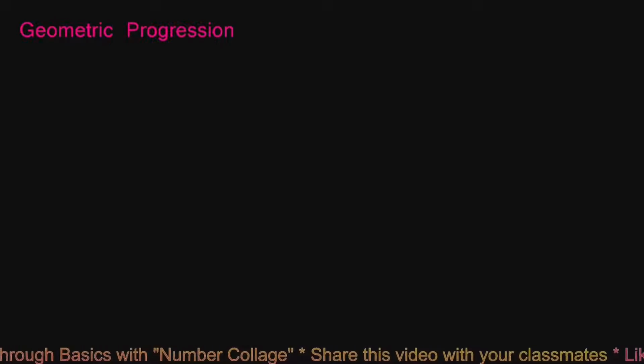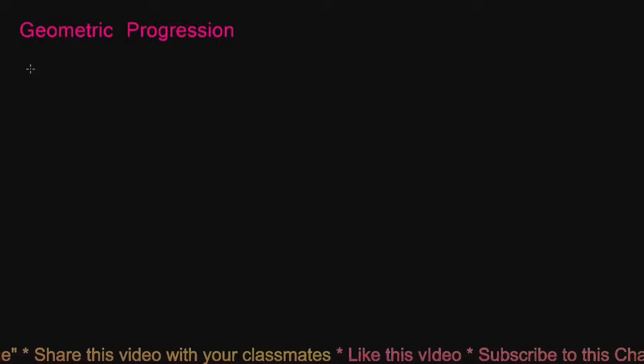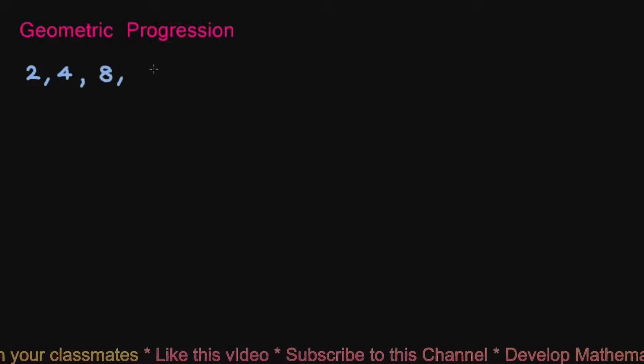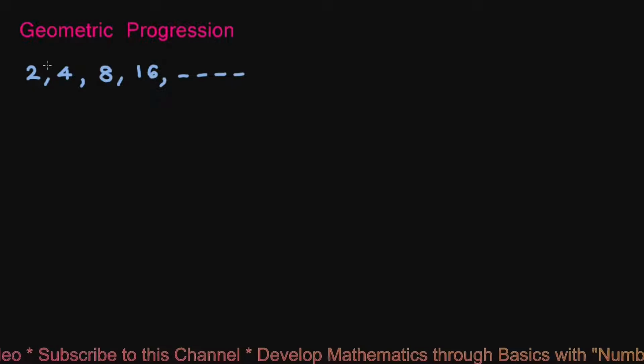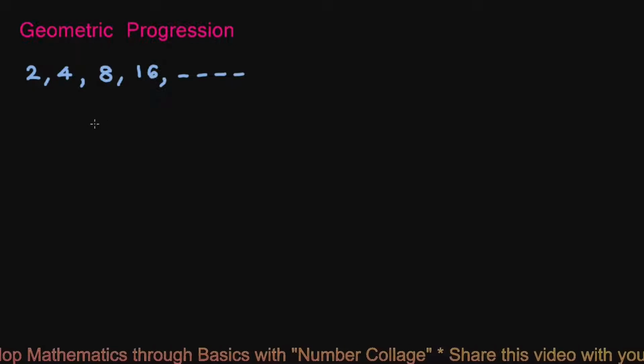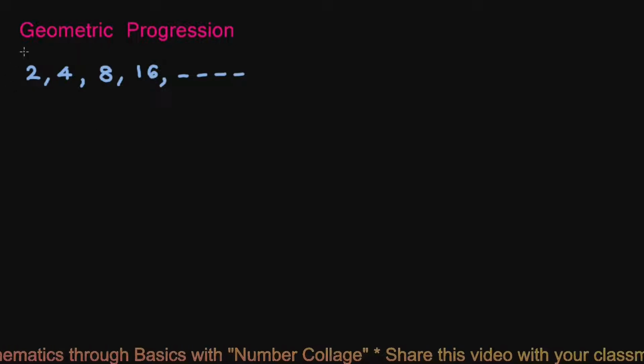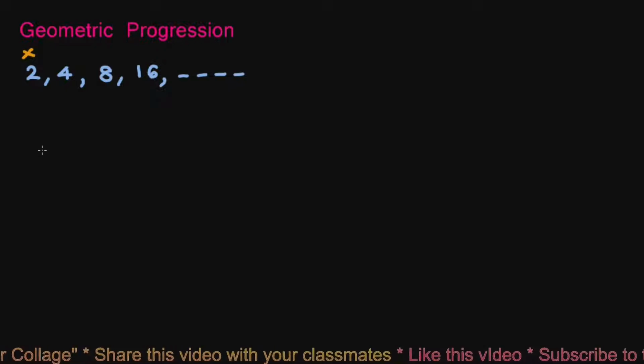In this video, we are going to talk about the geometric progression. To understand what is meant by geometric progression, we will consider a sequence 2, 4, 8, 16, and so on and so forth. Here, we can obtain each term of this sequence except the first term by multiplying its previous term